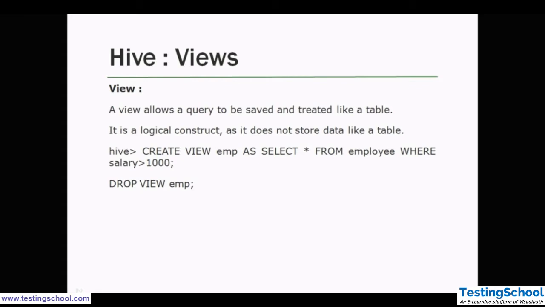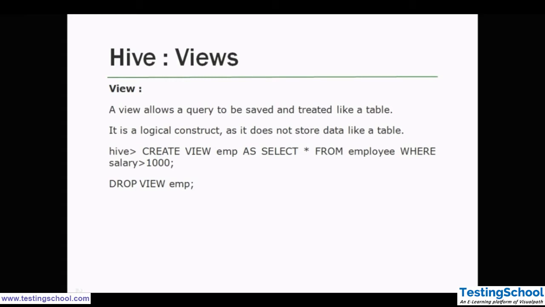Let's say I'm creating a view for employee. So it is create view employee as, then the complete query on which you are going to create a view, like select star from employee where salary is greater than 1000.